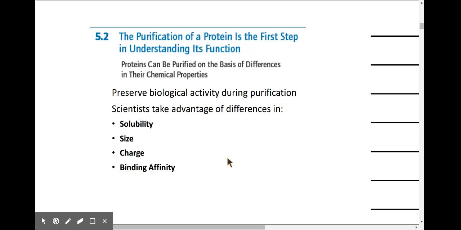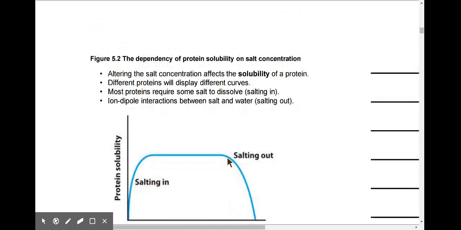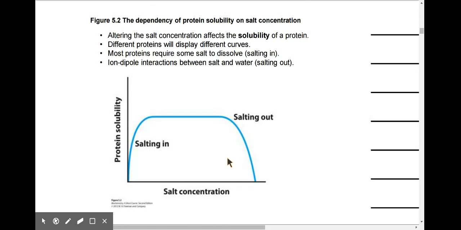One of the techniques we can use is called salting out. So this is protein solubility over here, increasing from bottom to top, and this is the salt concentration increasing from left to right. Proteins need a little bit of salt in solution to be dissolved, and the reason for that is because they have positive and negative charges associated with the protein. And so they'll form a dipole ion interaction with the salt, and that puts them in the solution,